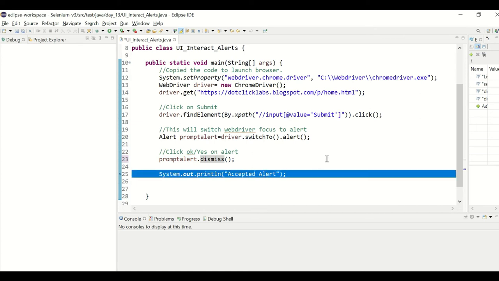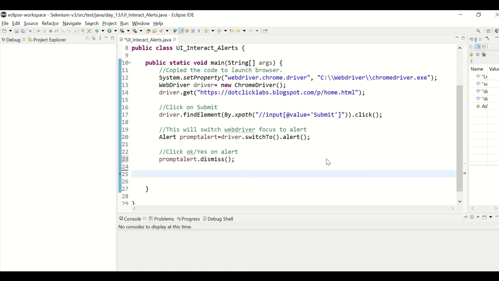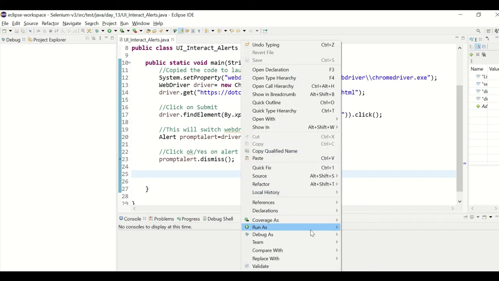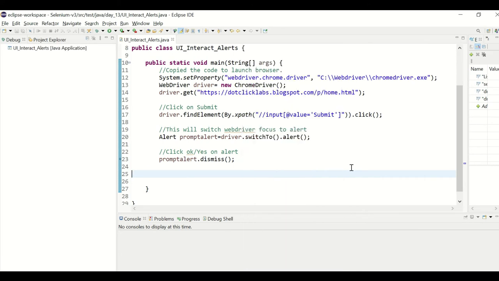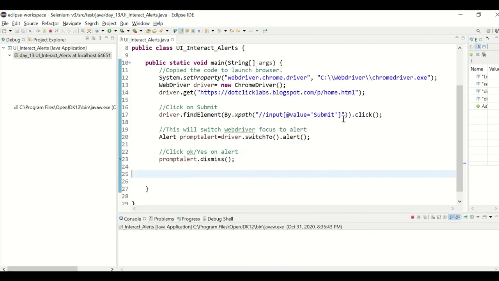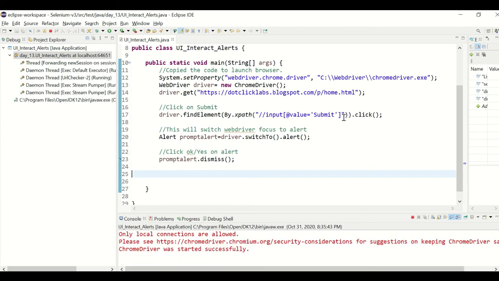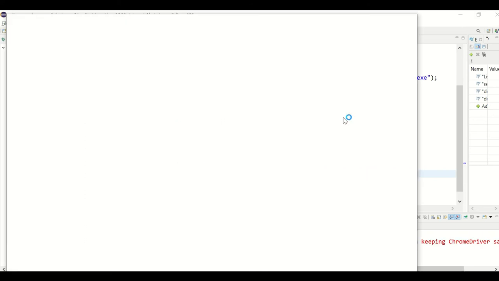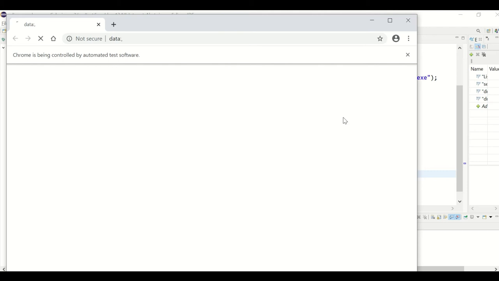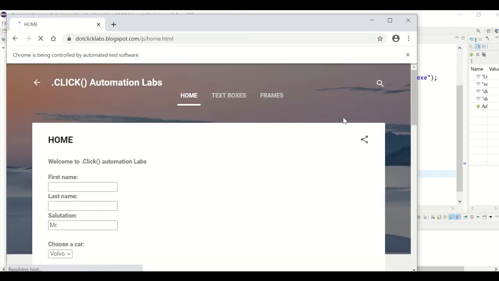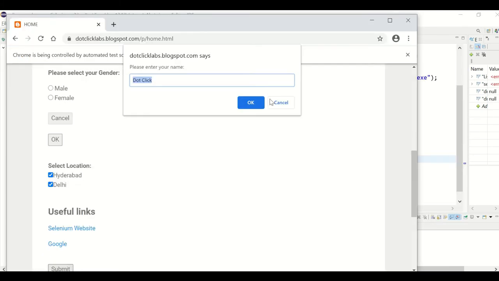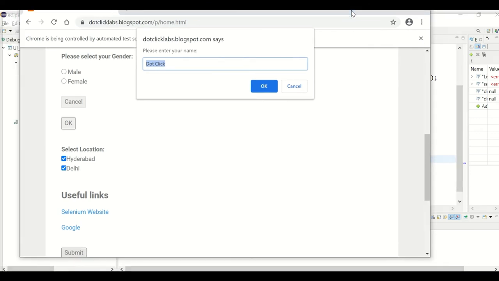Okay, I say dismiss. Now I put some breakpoint and right click, debug as Java application. Now you see the driver dot switch to dot alert is now active, which means WebDriver is focused on this alert.